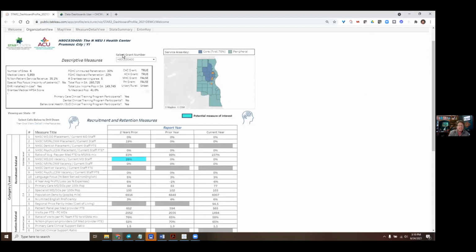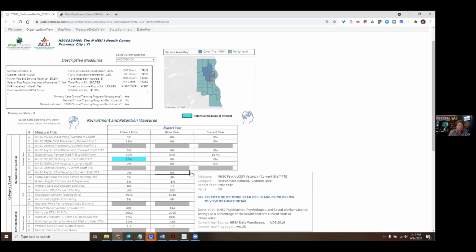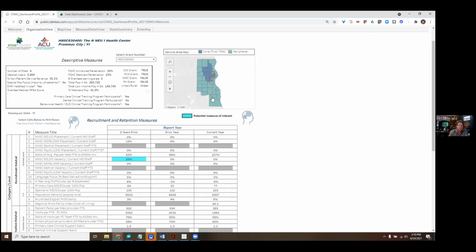And you can see it gives you some basic information here at the top. If you're a PCA, unfortunately, it shows you just the grant number. And we haven't been able to get around that for some technical reasons. But if you know the grant numbers of your health centers, otherwise, if you click through them, you'll find them. And they can easily be looked up. You get a map over here. The map is a live map, and I'll show you that. You get some descriptive information, and then you get sort of the meat of the report down here. And again, compared to what Pam was showing, you'll see these are all live things. So the dashboards move as you